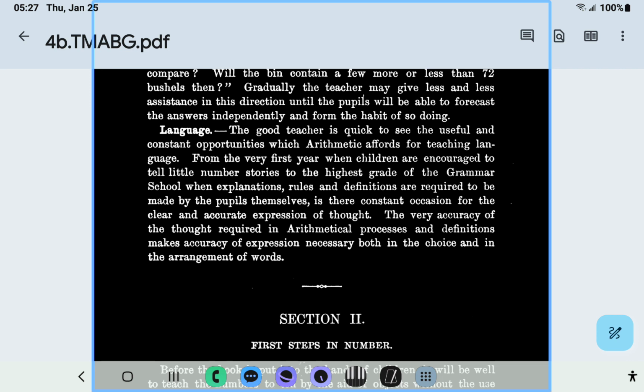Section 2. First steps in number. Before the book is put into the hands of children, it will be well to teach the numbers to 10 by the aid of objects without the use of figures. This may occupy greater or less time according to the ability and previous training of the children. Most children who enter school at 5 years of age know very little of number, while others who enter at a later period or who have had the